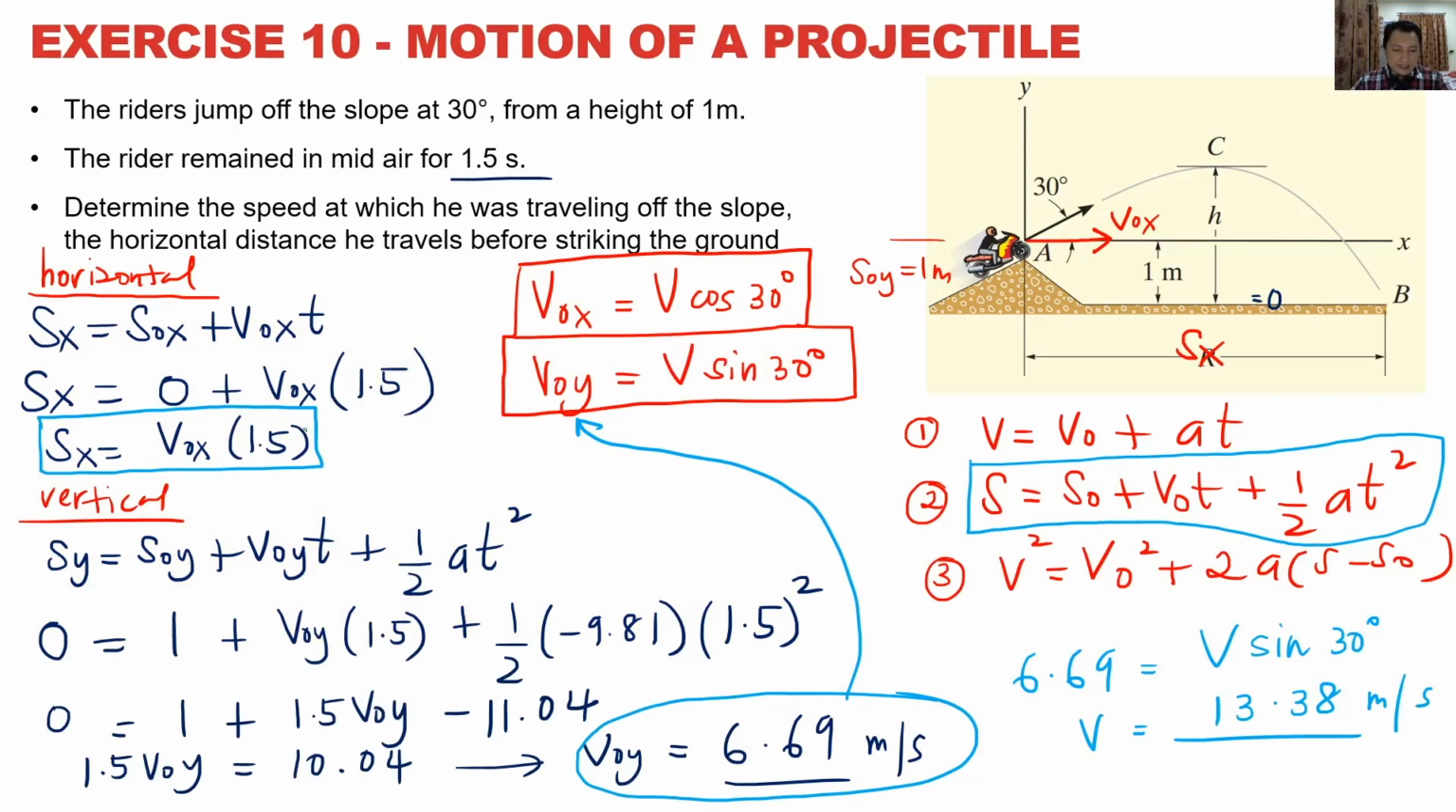Let's try to plug in here. Sx equals V naught X. V naught X is how much? 13.38 cos 30 degrees times 1.5. What is Sx? Cos 30 times 1.5